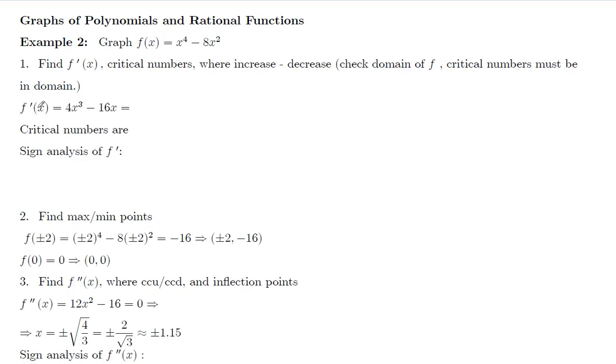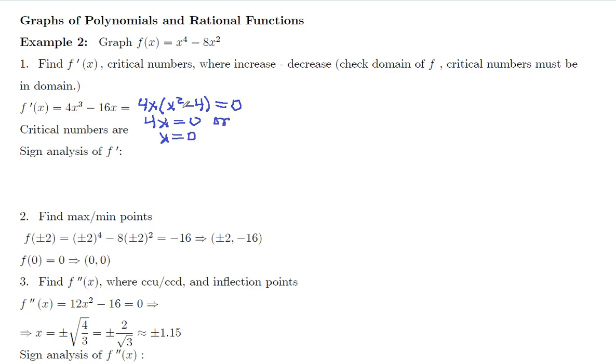F prime of x here is just going to be 4x cubed minus 16x. We've got a common 4 we can factor out and also an x. So we can bring a 4x out of here. Let's see, we will have an x squared left minus 4. We will set that equals 0. So then that's going to give us either 4x equals 0, in which case x equals 0,